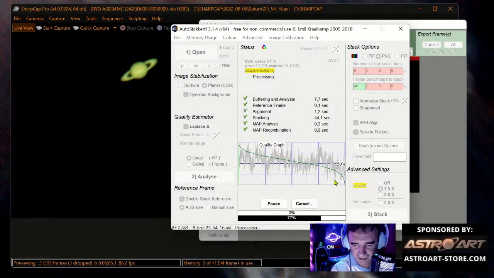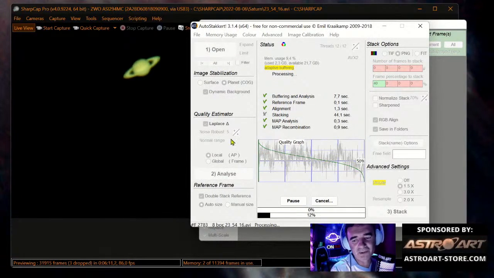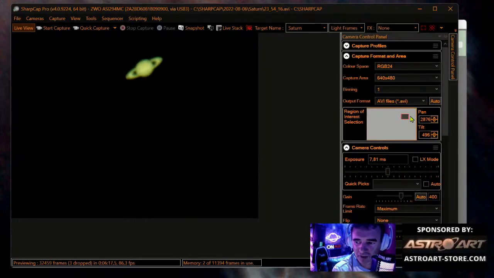98%, okay. Now it's doing again. If you use a large file, it takes much more time here. Let's readjust the region of interest. You see that the region of interest is fine. I don't have to go outside and reposition the telescope. I just move the region of interest to the right.